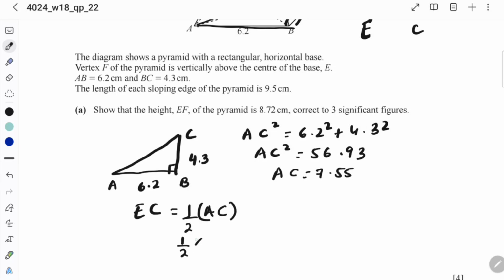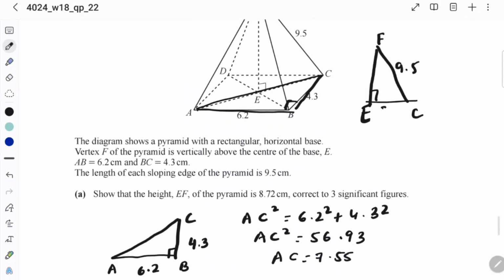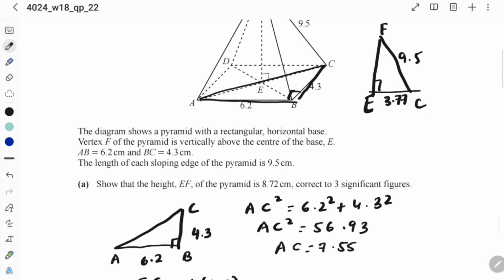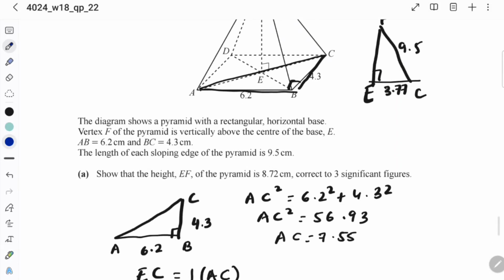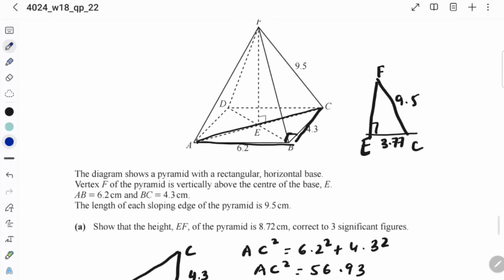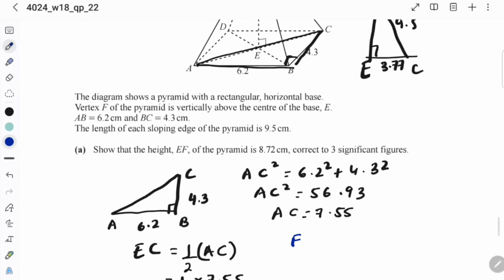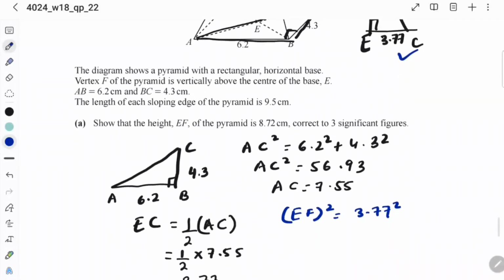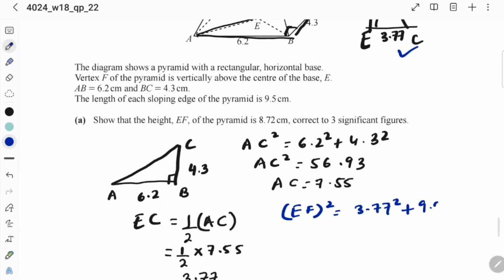So half of 7.55 will be equal to 3.77. We can easily calculate now the required height, which is EF. Okay, so EF square is equal to 3.77 square and 9.5 square plus 9.5 square, and then it is equal to